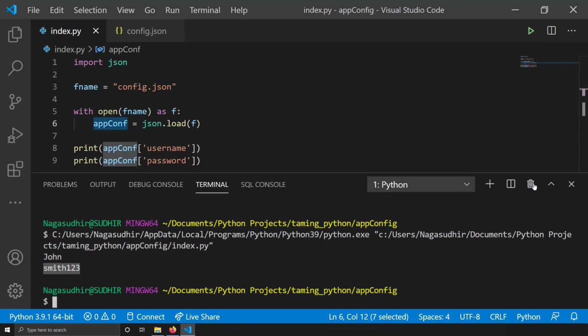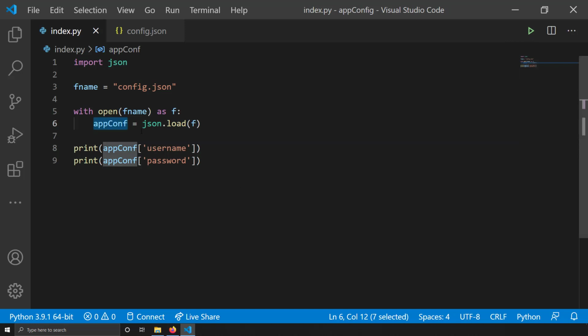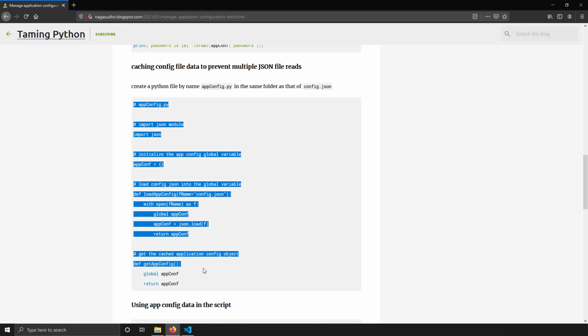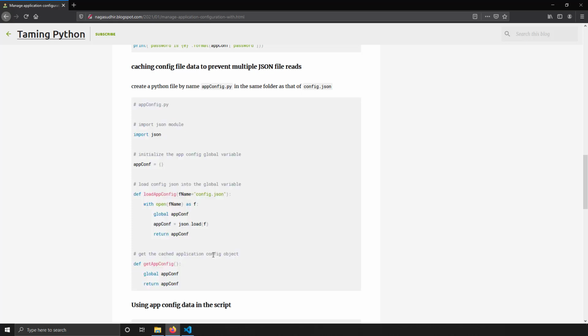That means without reading the file two times, since I'm caching the JSON data into a Python variable, I'm able to access it again and again. This is possible when you have a single file, but when you have multiple files in your Python project, you have to read the JSON configuration into a variable and make it accessible to other files. So for that, I've written a small helper file through which you can access your configuration